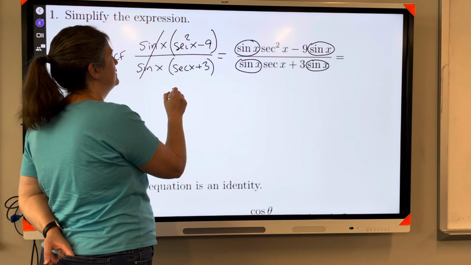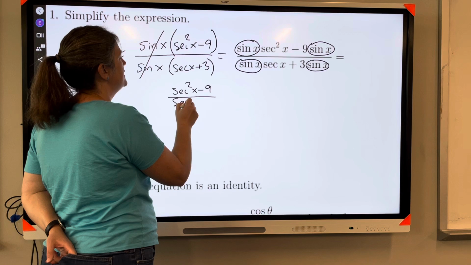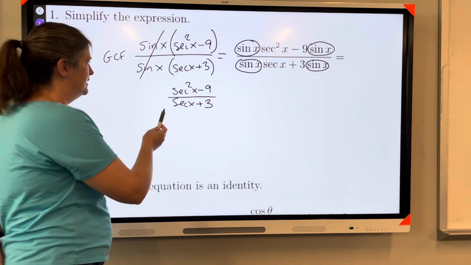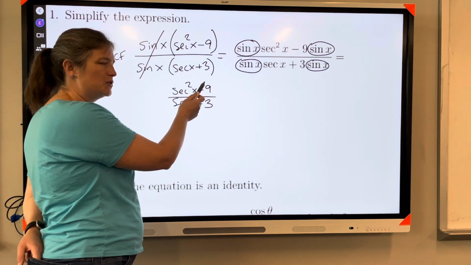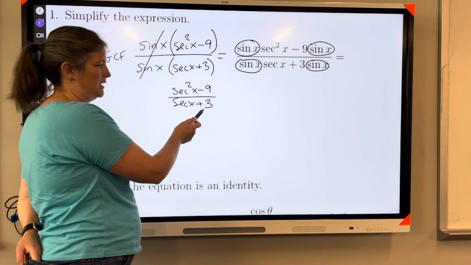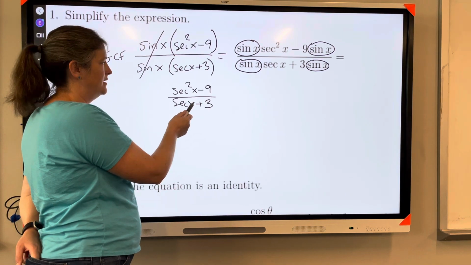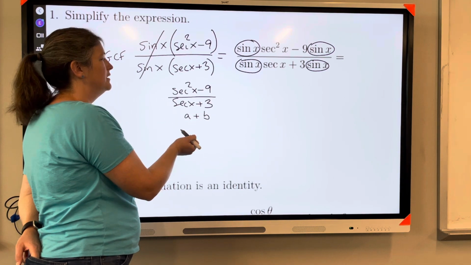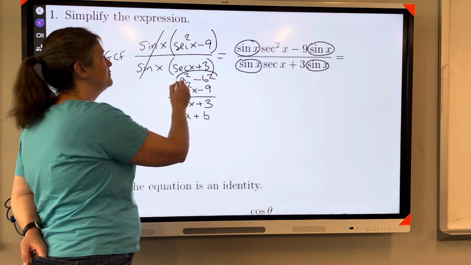Now I have secant squared of x minus 9 over secant of x plus 3. And I'm thinking, how are these things related? This one's squared, but that one's not. That is also a perfect square, but that one's not. But they're related. This is that squared, and this is that squared. So if I call this a plus b, and I call this a squared minus b squared,